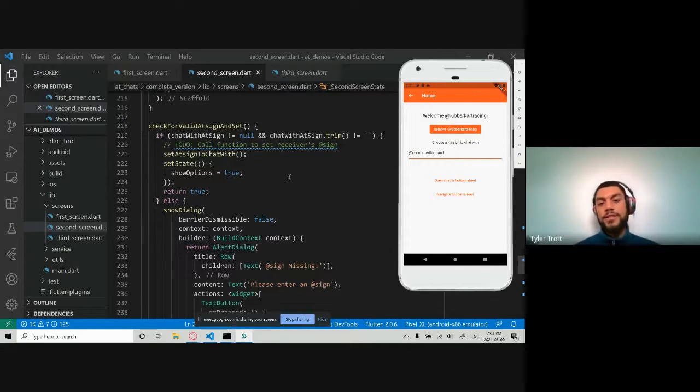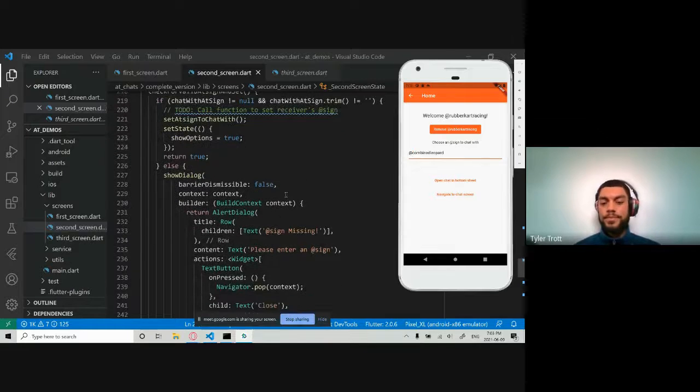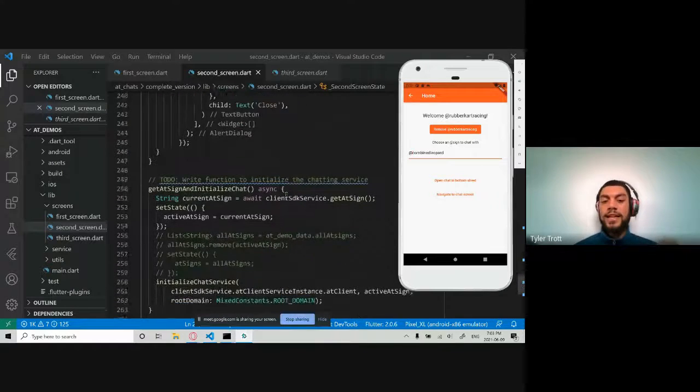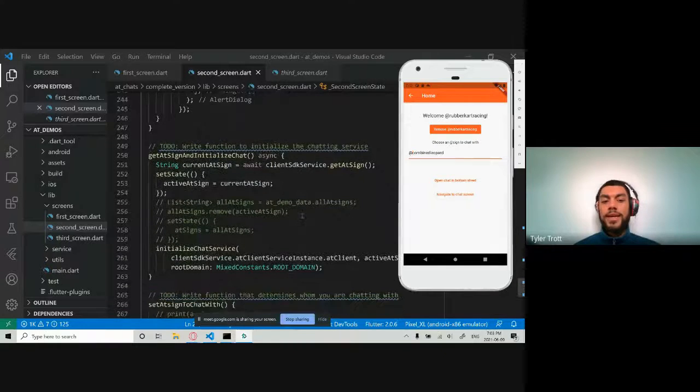And then it's going to set the @ to chat with. And what we need the set @ to chat with is to be able to actually initialize the chat service. Now, this is the famous 3 lines of code. Most of this you would just notice is UI. You don't really need all of this if you didn't want, but come on, Flutter is for the beautiful app